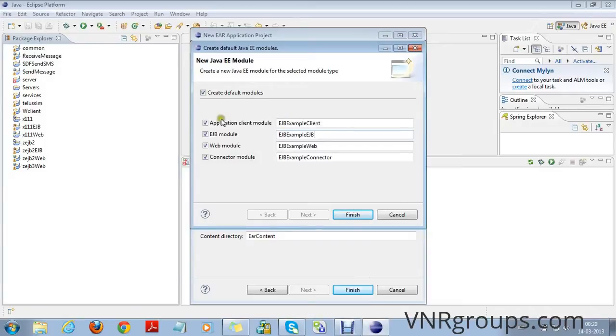So we select only two modules, EJB module and web module. EJB module will contain EJB components and web module will be used to call the EJB components.